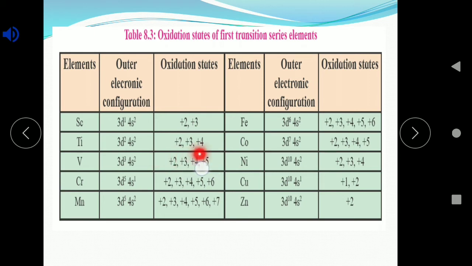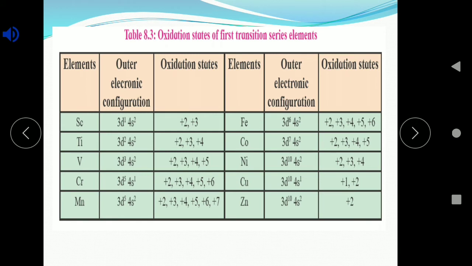That means plus 2, plus 3, plus 4 are the variety of oxidation states shown by titanium. Like that, vanadium can show one more electron added in the 3d subshell. That means along with plus 2, plus 3, plus 4, it can show plus 5 also if all the electrons are donated. Chromium likewise can show plus 2, plus 3, plus 4, plus 5, plus 6,